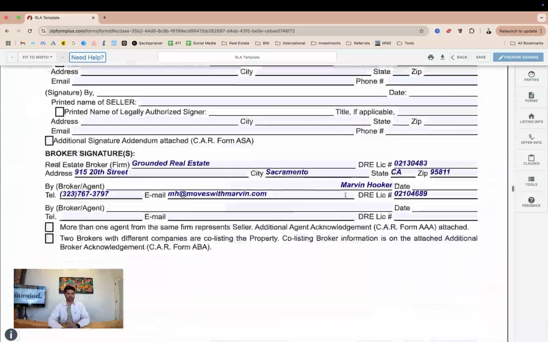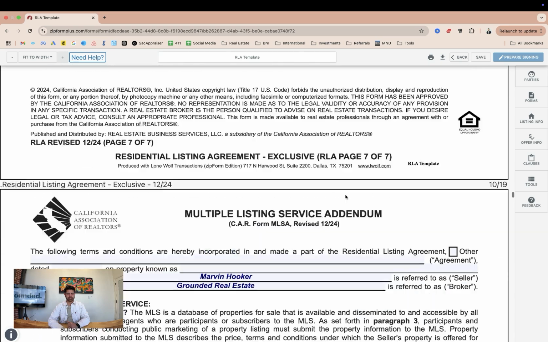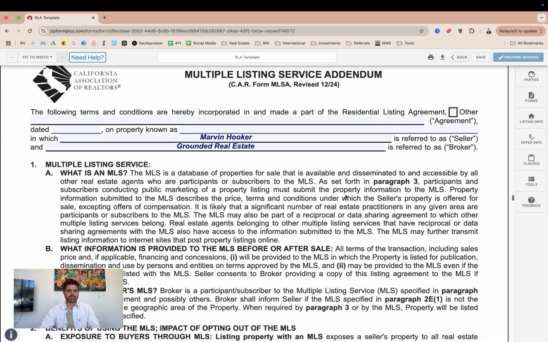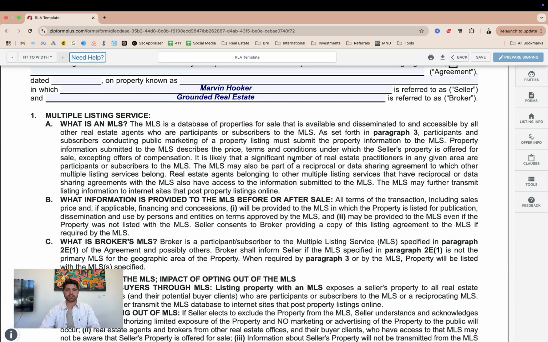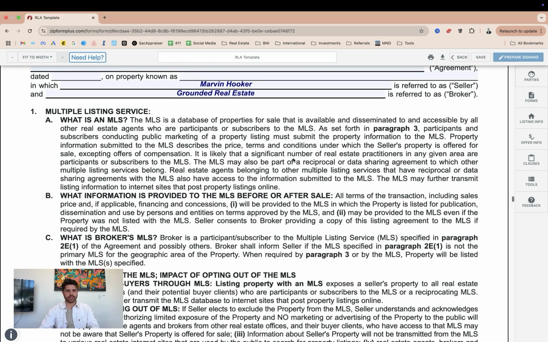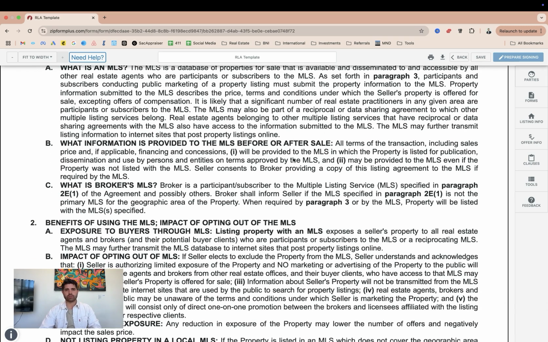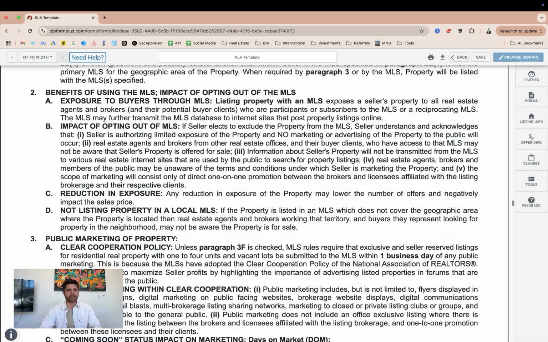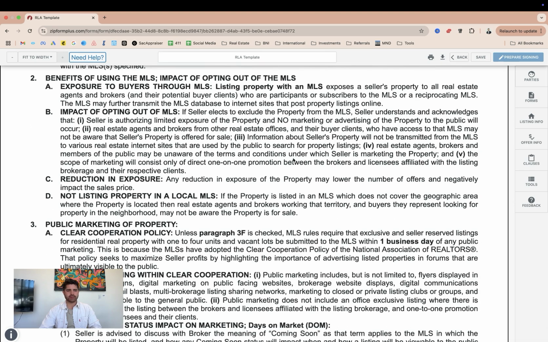And then there will be signatures down here at the bottom. This is the multiple listing service addendum. What this outlines is what a multiple listing service is. So basically what Zillow and Redfin pull from is the MLS, what information we provide into the MLS before and after the sale. And then it kind of talks about some of the benefits of using it, those being that